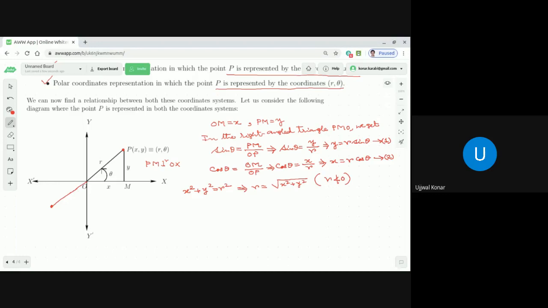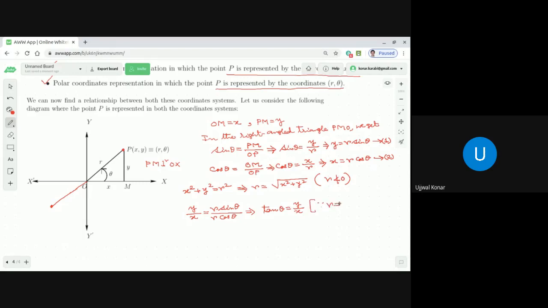And how can we find the value of theta? As we know, sine theta is equal to y by r, and cos theta is equal to x by r. We can divide both sides of equation 2 by equation 1. So then what are we going to get? R into sine theta by r into cos theta. So y by x is equal to r sine theta divided by r cos theta. This implies tan theta is equal to y by x,